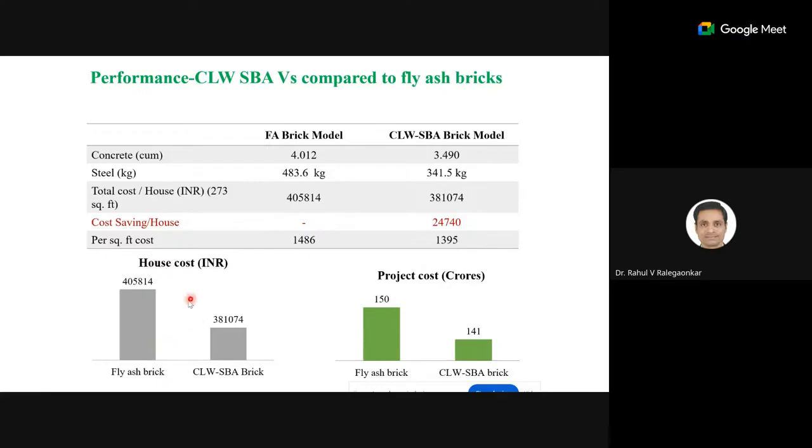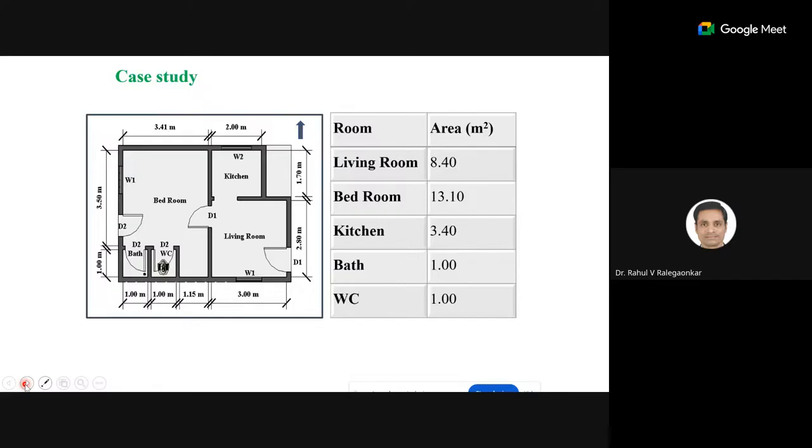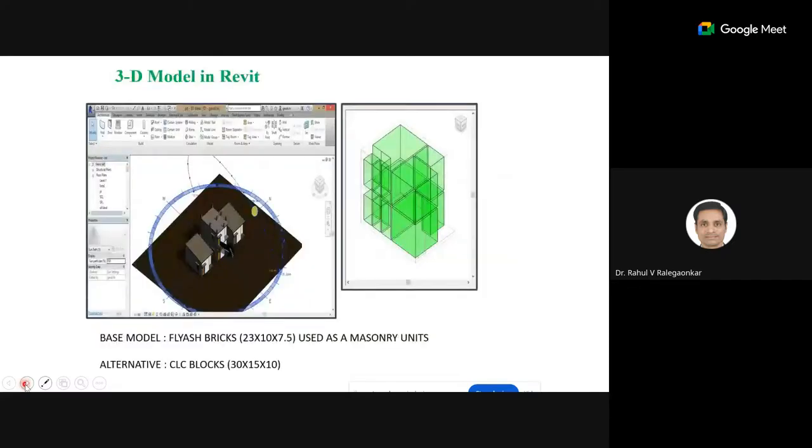So coming back to one case where we say how this particular product is going to behave better, and in turn we can see for mass production or for a bigger project, it will reap us a better solution. Morning also, Viraj shared something for your BIM. So I need not do a lot of exercise again, but we know how to model a particular structure and how it is going to give us a shape in terms of application of these kinds of inputs, wherein at the end you will get